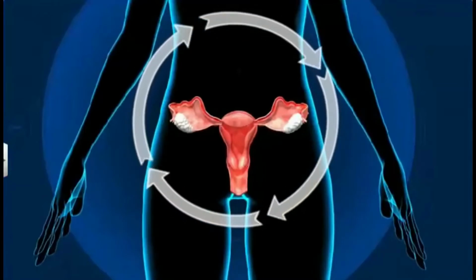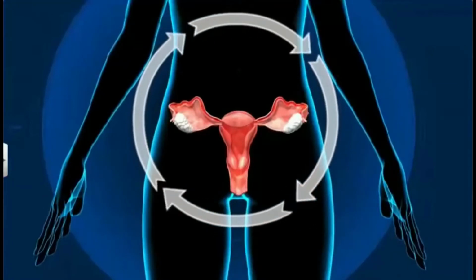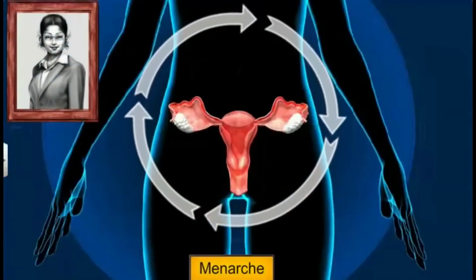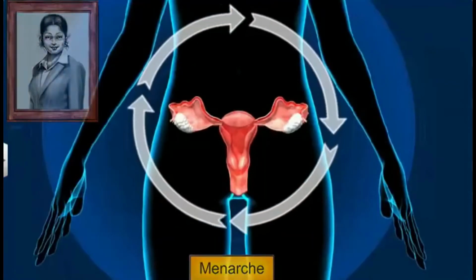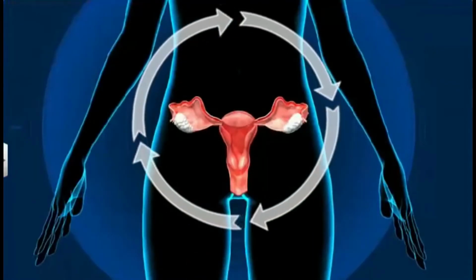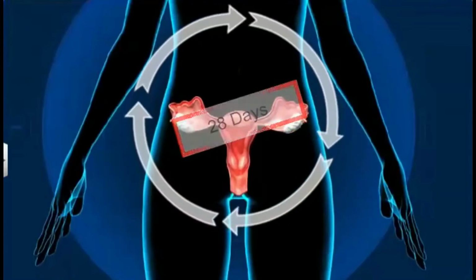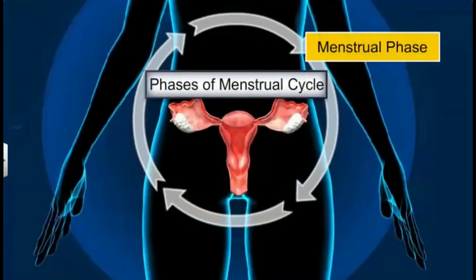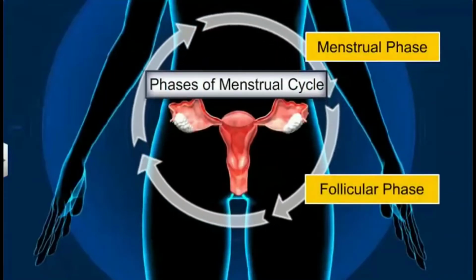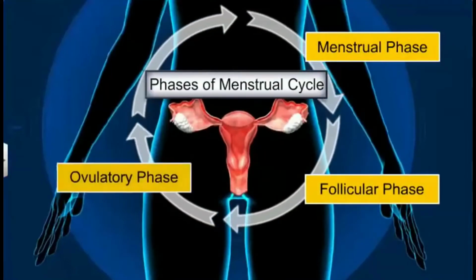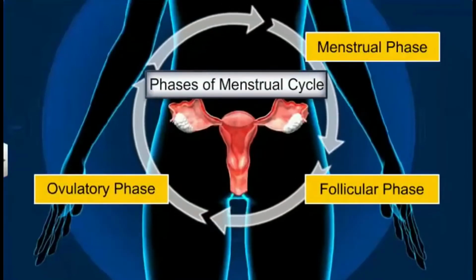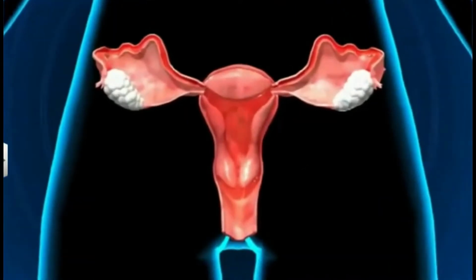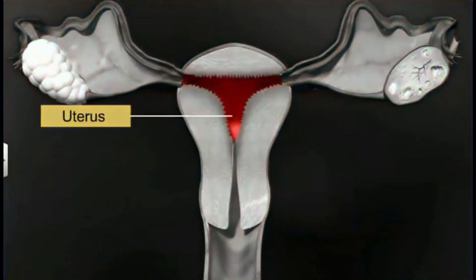Incidentally, a woman experiences her first menstrual cycle, called the menarche, at the onset of puberty, usually between the ages of 9 and 12, occurring approximately every 28 days. A single menstrual cycle consists of 4 phases: menstrual phase, follicular or proliferative phase, ovulatory phase, and lastly, the luteal or secretory phase. Each phase of the menstrual cycle is marked by simultaneous changes in the uterus, ovary, and the